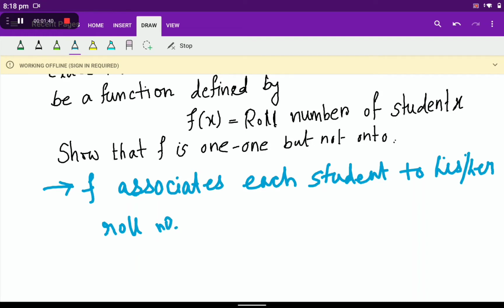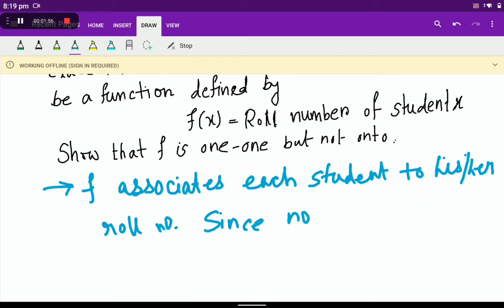Now, since no two different students of the class can have the same roll number, because each student has his or her own roll number,